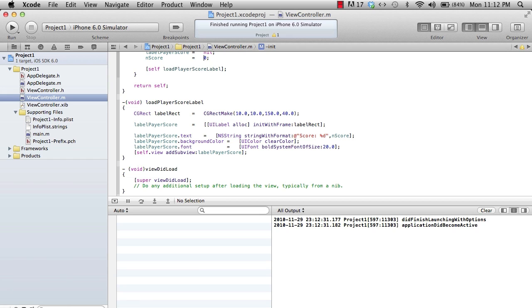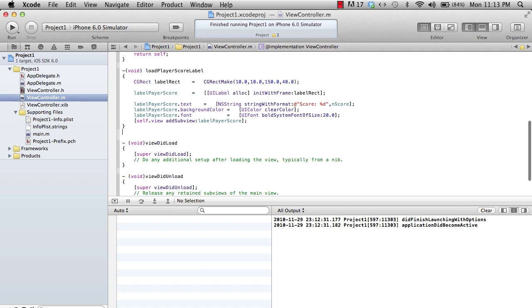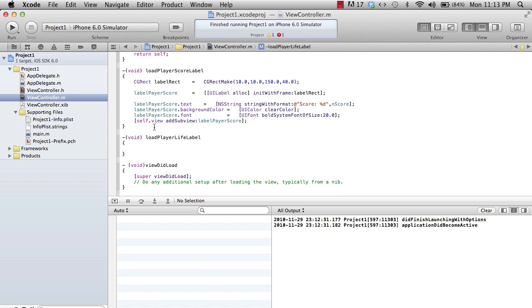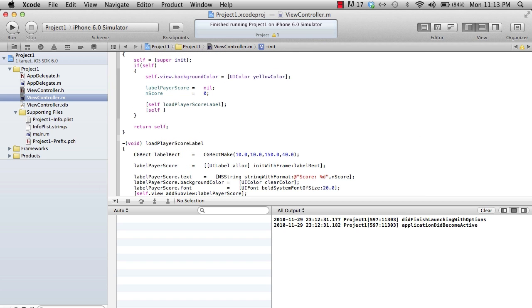Now similarly, I will create one more label for my life. So I just copy these two variables. I say player life and I say and life. I create one more function saying load player life label, command C, command V. I follow, I will call this, say, serve this